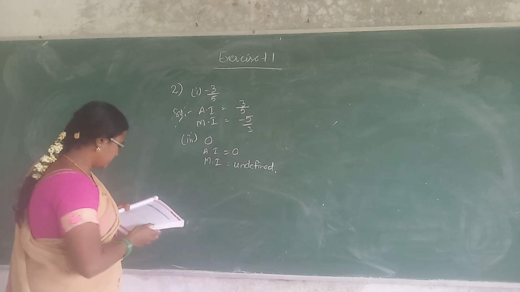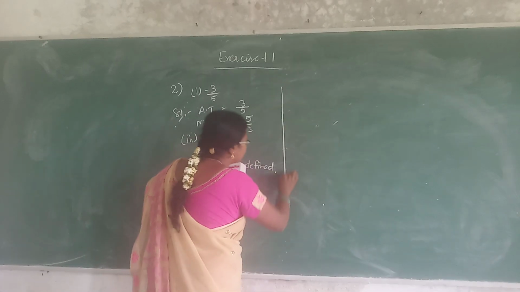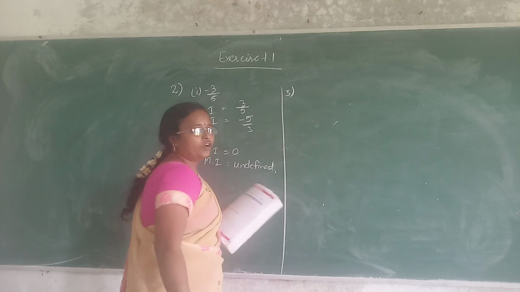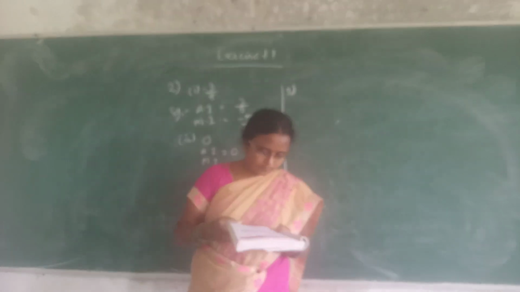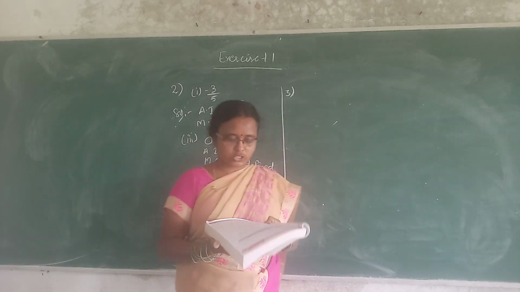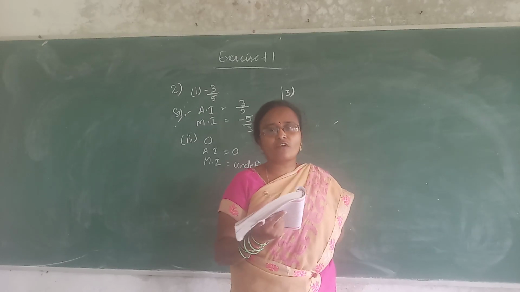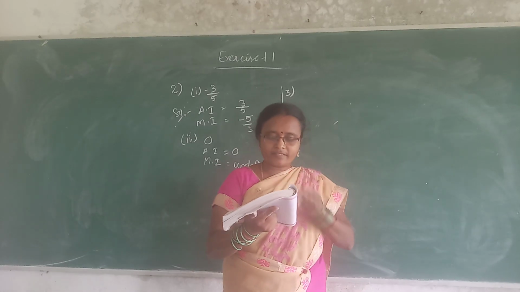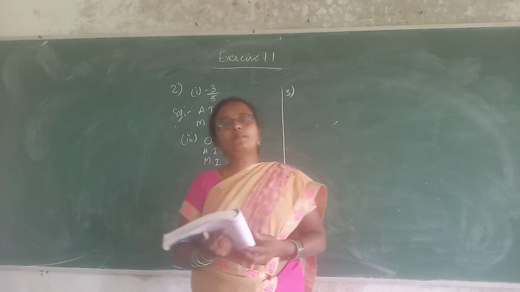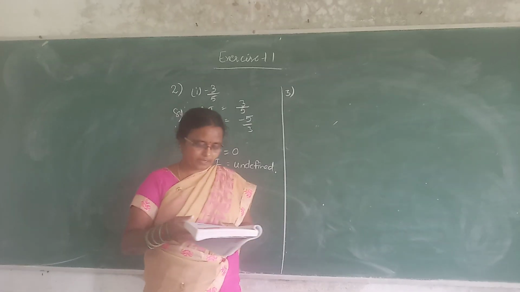Next, the third bit. Fill up the blanks. Here you are involved with filling up the blanks. Minus 1 by 17 plus dash is equal to minus 12 by 5 plus minus 1 by 17. In the question itself, the answer is involved here. So, what is the value left with the minus 1 by 17? Minus 12 by 5. What is the property involved here? Nothing but the commutative property.